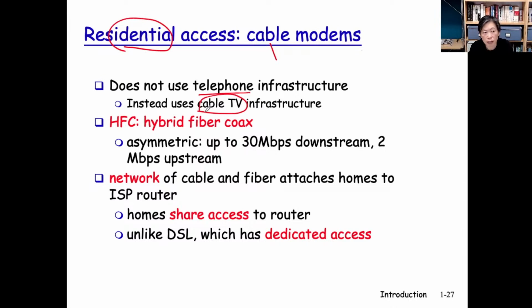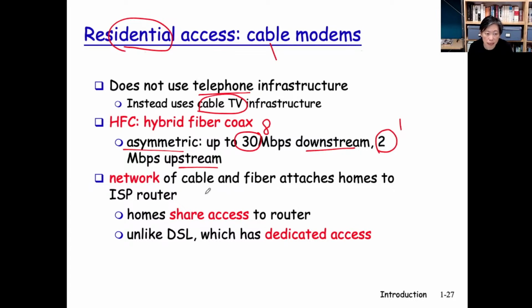What's nice about the cable modem is this. The bandwidth available is also asymmetric, where you see the downstream bandwidth and the uplink bandwidth different. In cable modem, wow, lots of downstream bandwidth, 30 megabits per second, but very limited upstream bandwidth, only 2 megabits per second. If you judge based on only the amount of downlink and uplink bandwidth from cable modem and compare it to DSL, you'll see, whoa, cable modem wins, obviously. For DSL, this is only 8, and this is only 1.